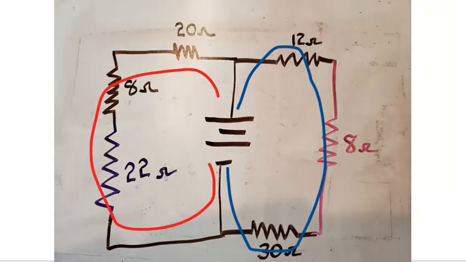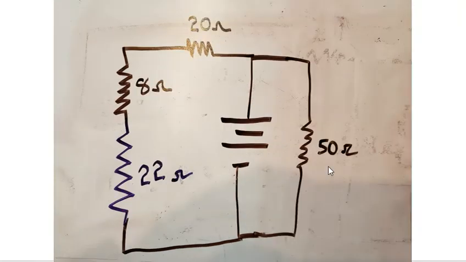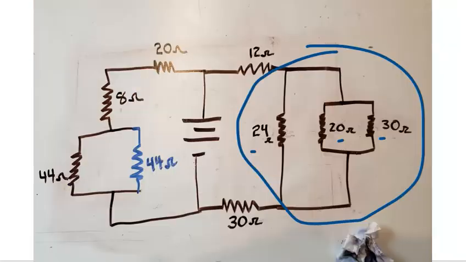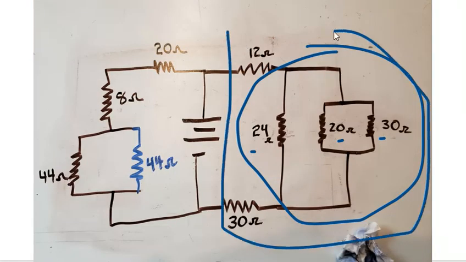So I had 12, 8, and 30. If I add them up, that works out to be 50. I can replace those 3 with 50, which means going back to this original one, all of this can be replaced with 1 resistor. That's 50 ohms. Now, there are reasons why we don't just replace it with 1, and we'll talk about that. But as far as the battery is concerned, that's pushing these charges around. This branch effectively has a resistance of